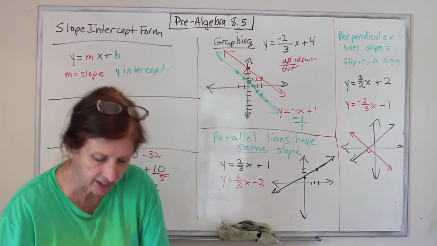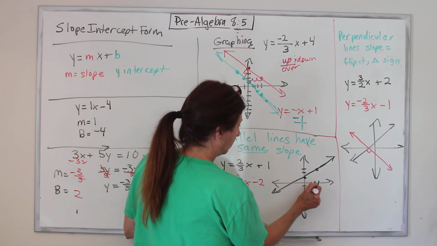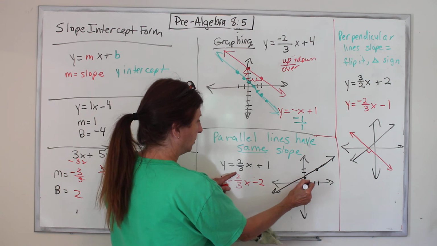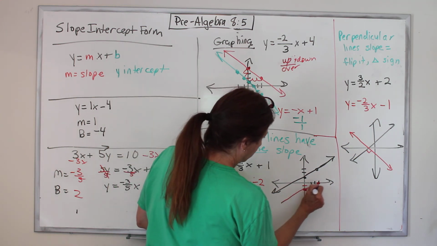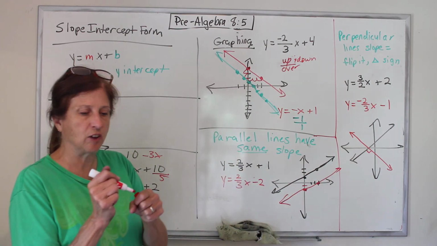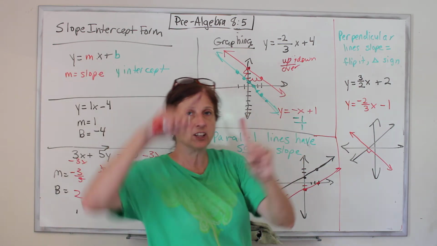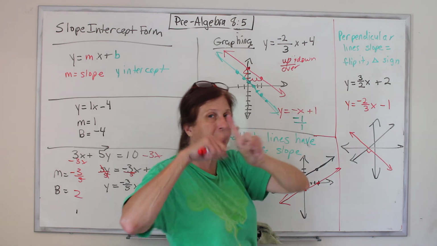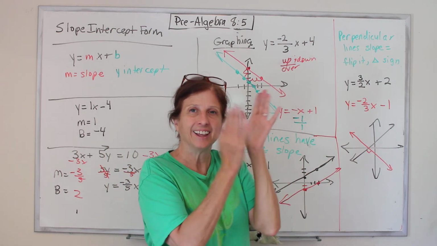Now let's do the red line. I start at negative 2 and put a dot, go up 2 over 3, put a dot, draw the line. They're parallel. And if I had done it on graph paper, you can see it better. They'll never meet. Perpendicular lines, the ones that make the perfect plus, the slopes on them, you flip it and